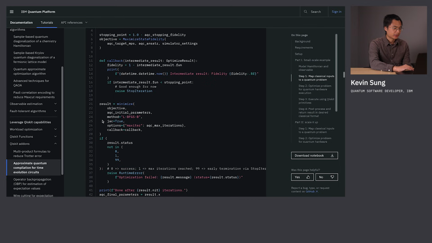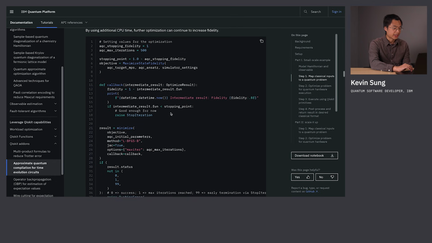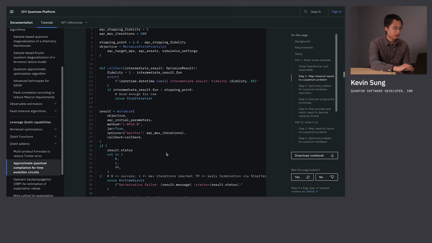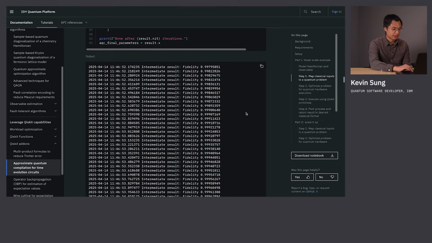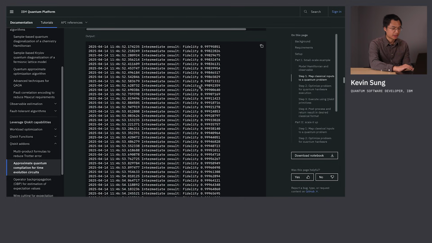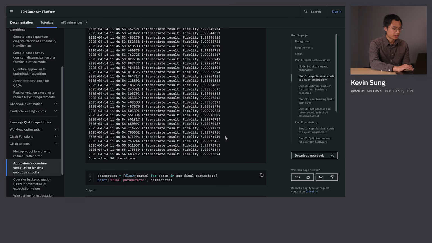Here we're passing the Jacobian because we're using JAX to automatically differentiate the objective function, which helps with performance. And you can see here the progress of the optimization. As we perform the optimization, fidelity increases,